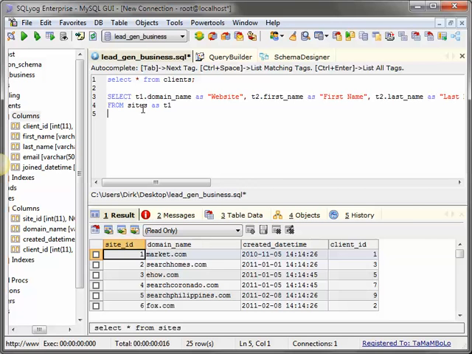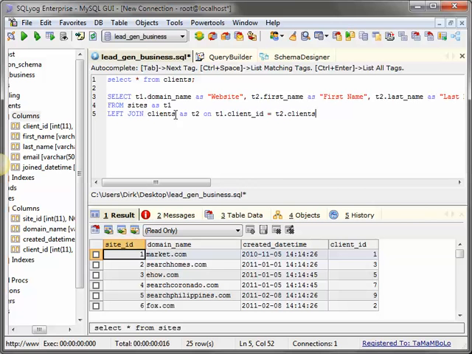Then let's join the clients table, so left join clients as T2 on T1 dot client_id is equal to T2 dot client_id.